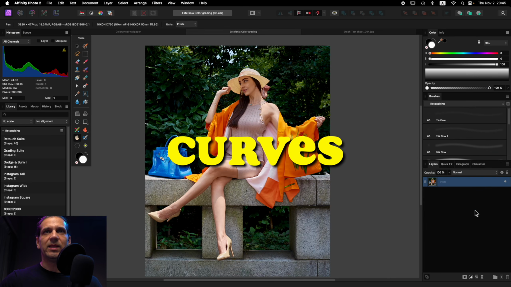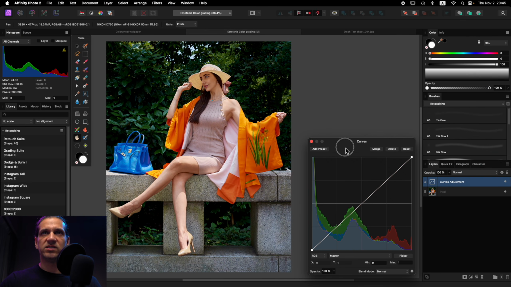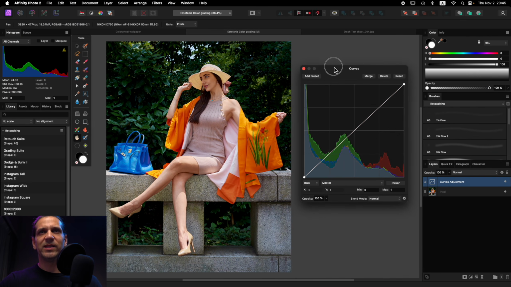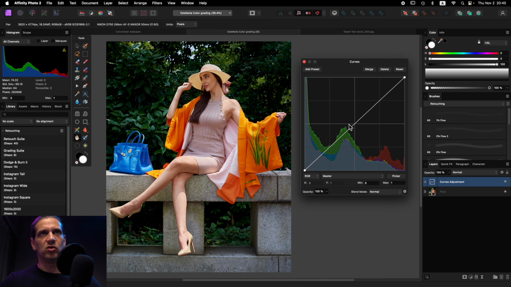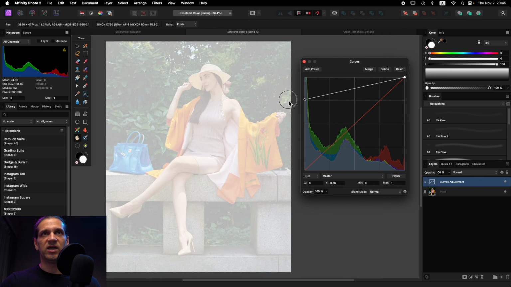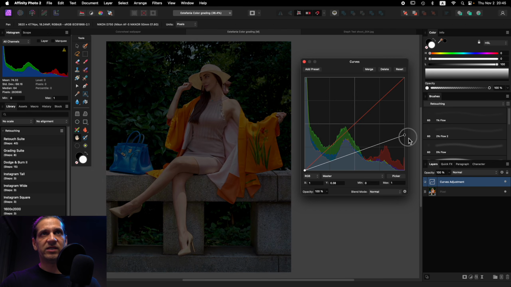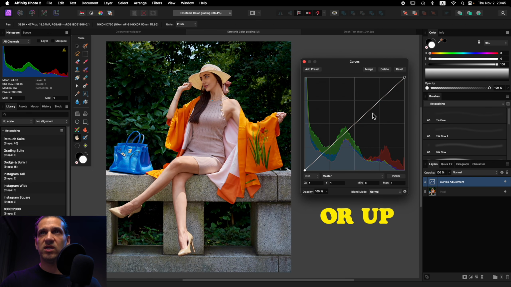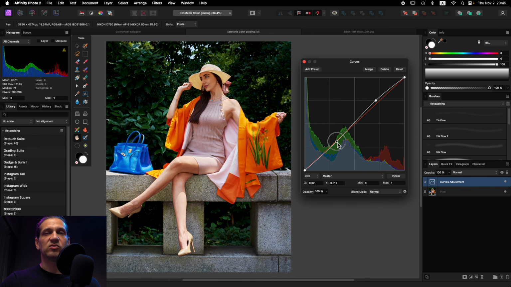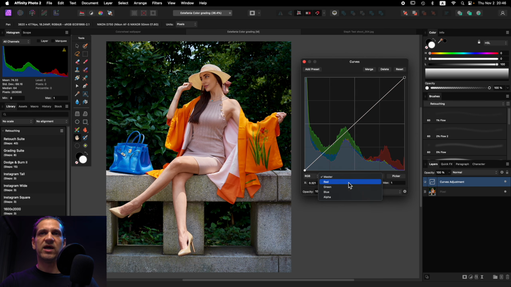So the reason why I love the curves so much is because I feel like this tool gives you the most control over the whole tonal range of your image, right? On the left side, we have our shadows, which we can bring up. And on the right side, we have our highlights, which we can bring down. And then of course, in between, we can add anchor points to create that classic S curve for contrast. And then we also have our red, green, and blue channels that we can isolate, so we can